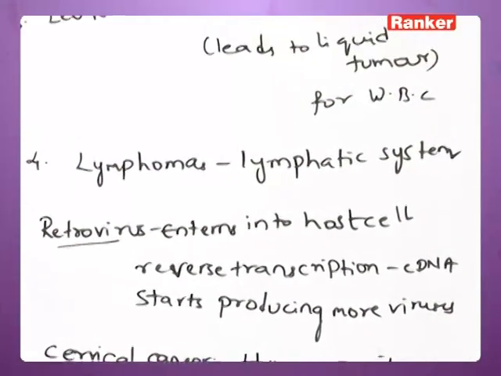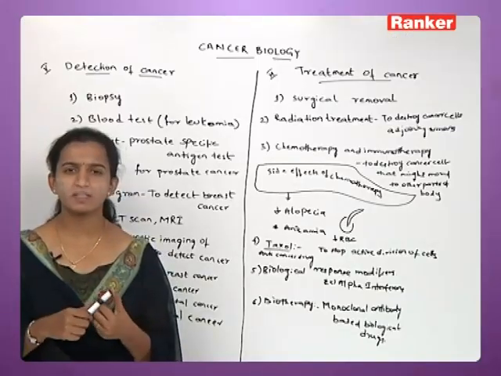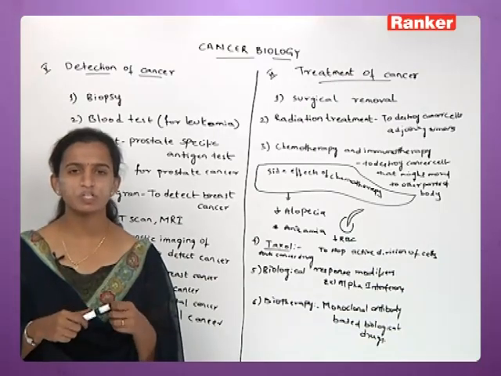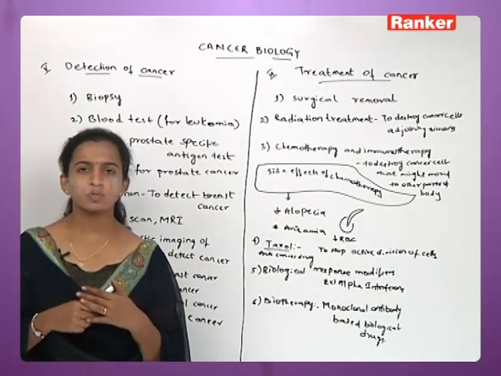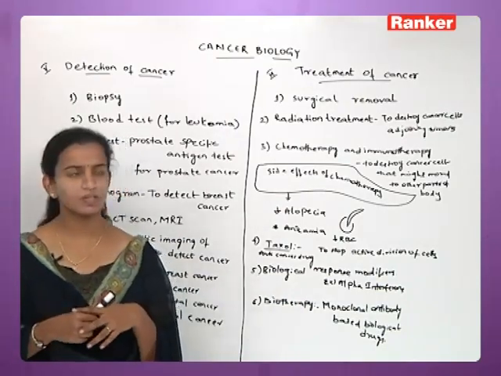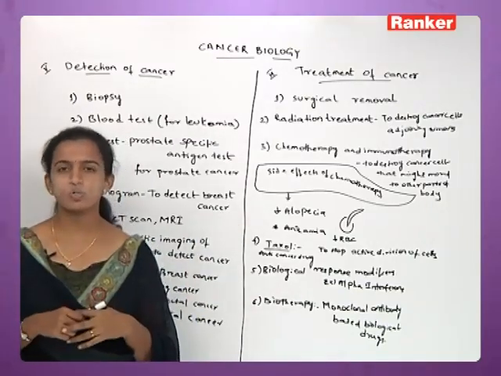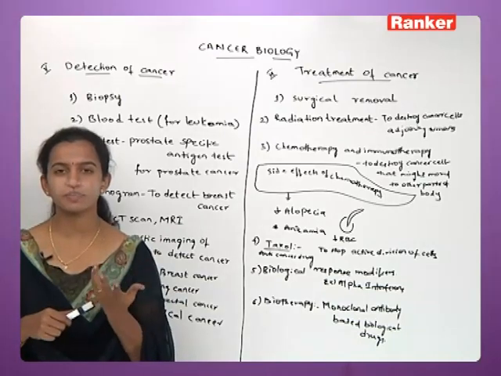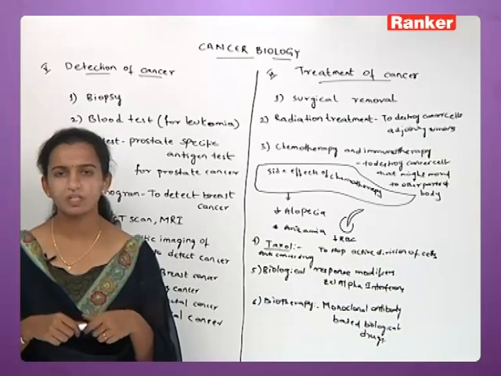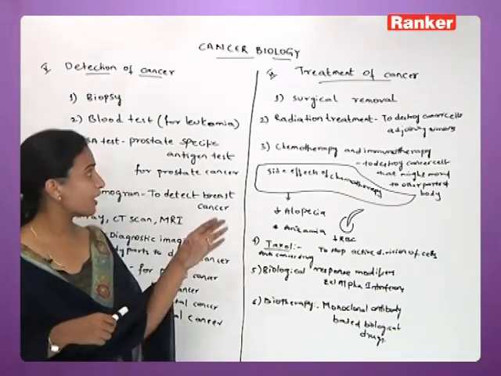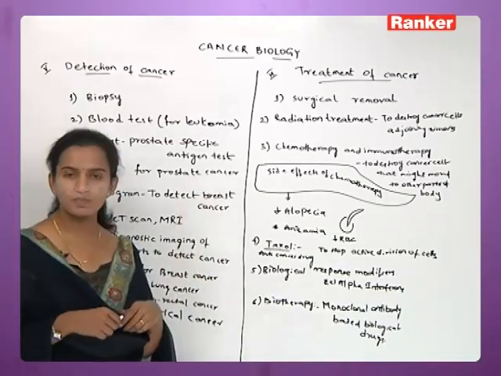So these are the types of cancer, and we have seen what causes cancer. We have seen the introduction to cancer, everything. The last part we are going to deal with here is the detection of cancer and the treatment of cancer. If you are suffering with cancer, it needs to be detected first. So what methods are used for the detection of cancer? After detection, you need to be treated. That is the treatment of cancer.